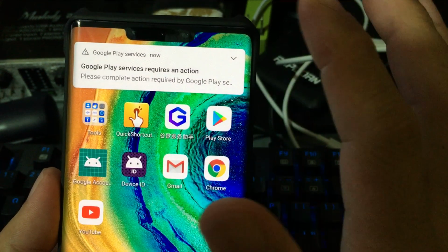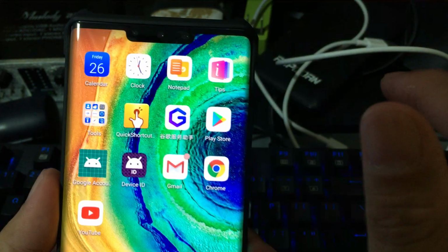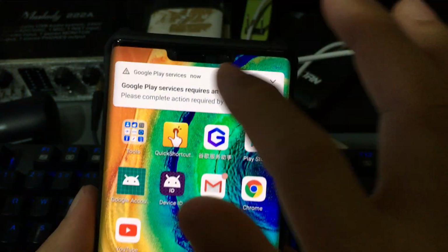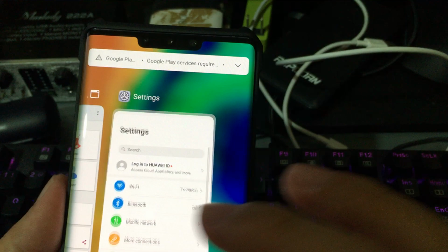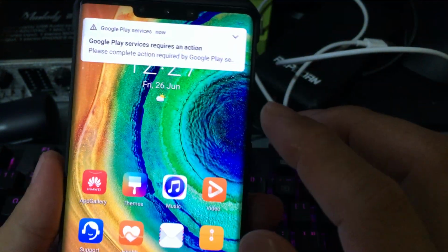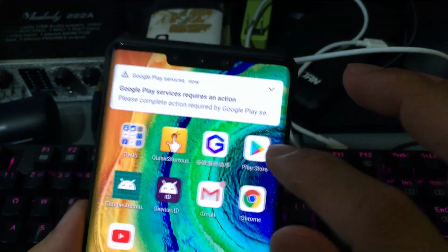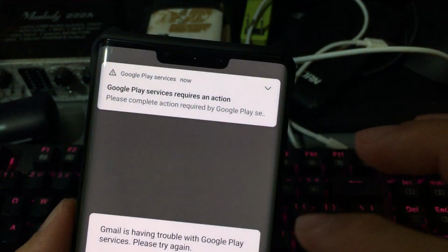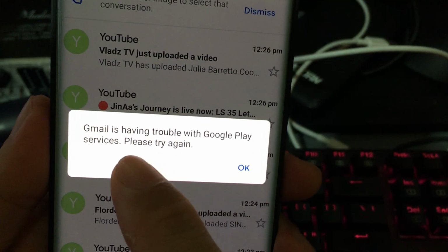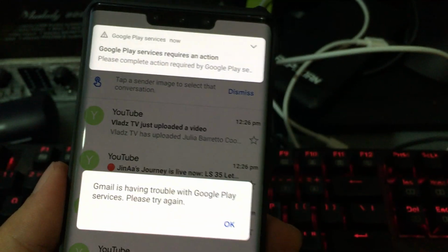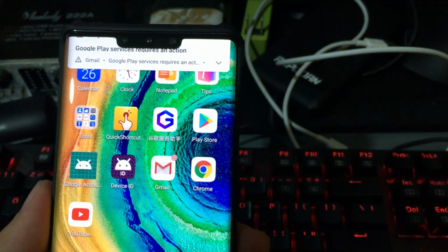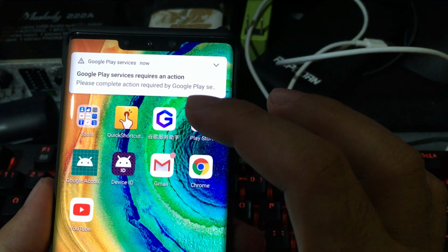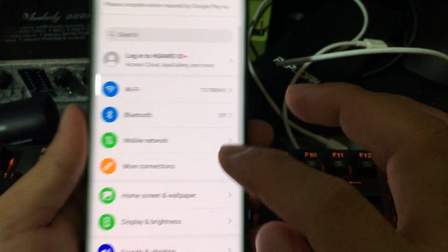So what I'm gonna do is I will still try to reverse the process and go back to the previous step. We have that message again. Okay, so what we're going to do is we have to go back to settings,